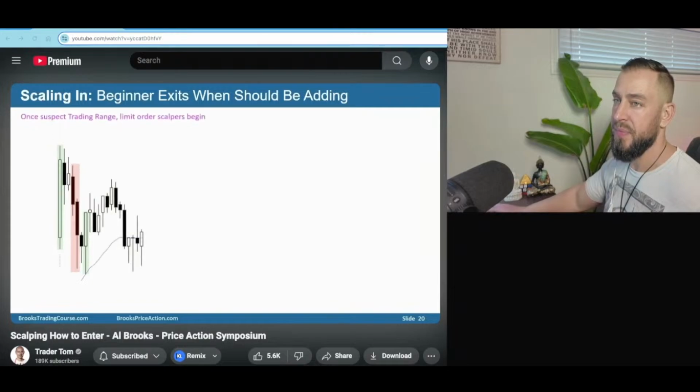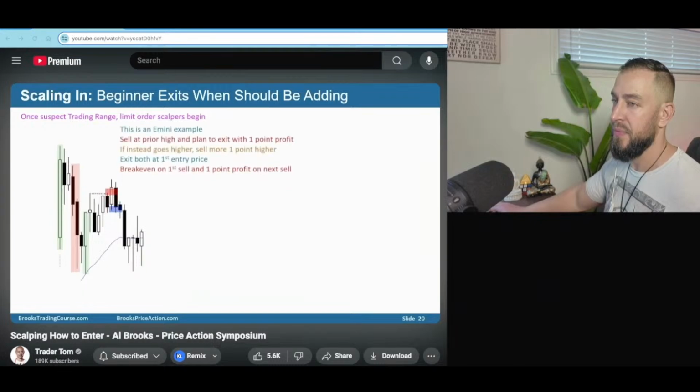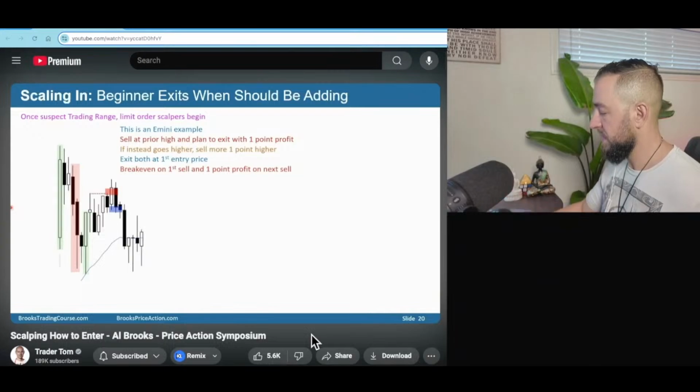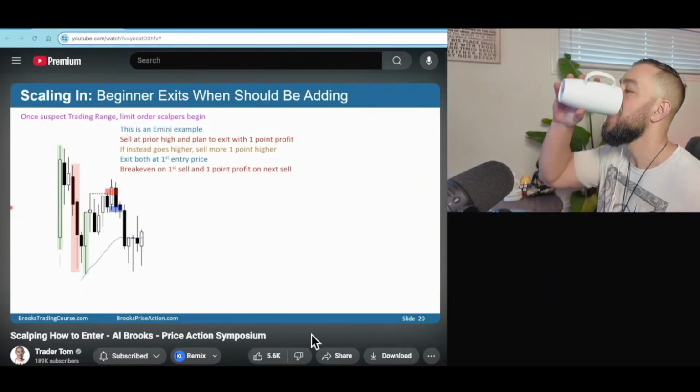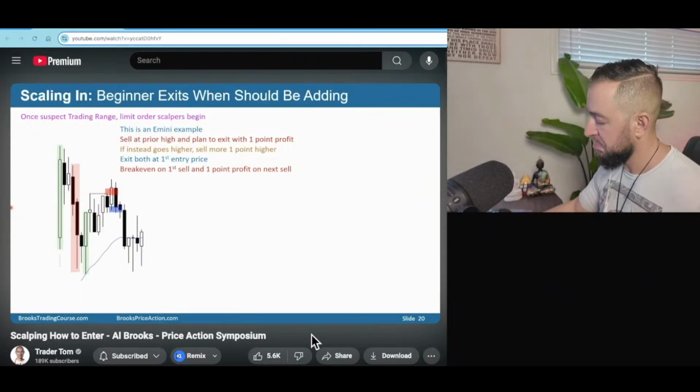Once you suspect that the market might be in a trading range, you'll start to scalp if you're going to trade. A lot of the scalpers will be limit order scalpers. They'll look to sell with limit orders. For example, anytime they see a high, they might place a limit order to sell at that high, get filled here, and then exit with a scalp down here. If this is the E-mini and the range is small, the bars are small, they might be scalping for 1 point. If the bars are bigger, if the day's ranges have been big, they might scalp for 2 points, 4 points, 10 points, depending on the size of the bars.